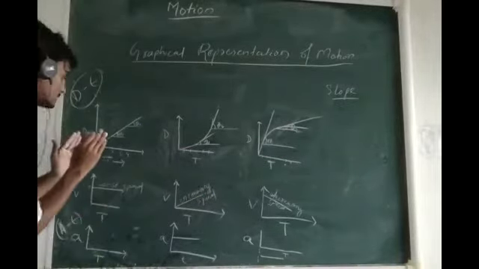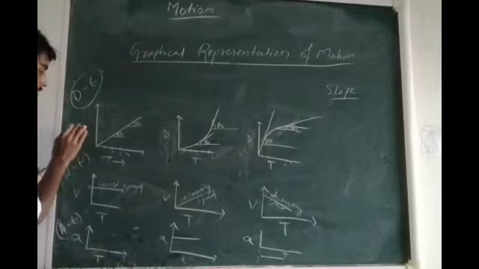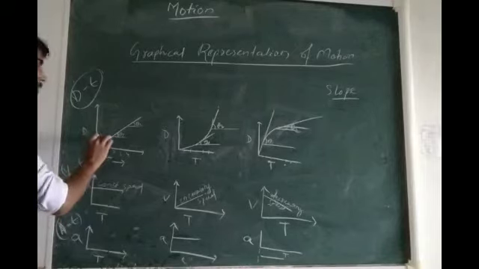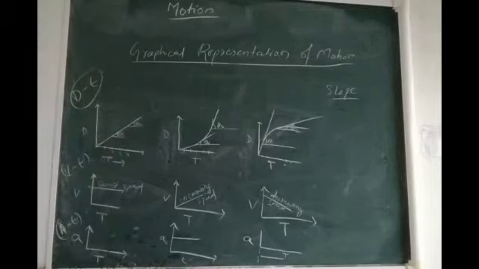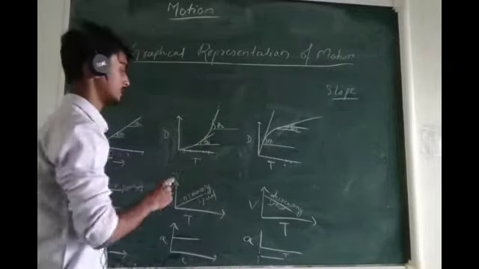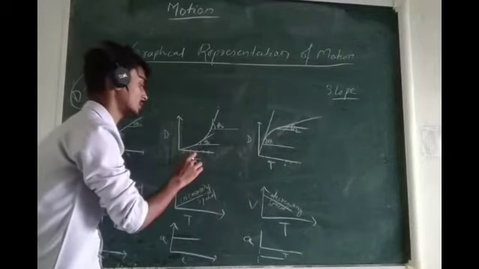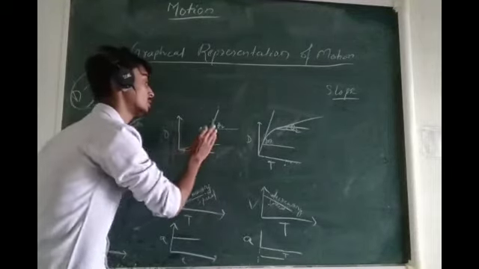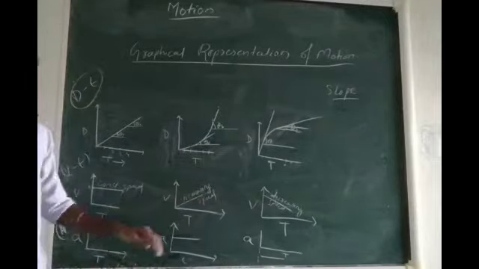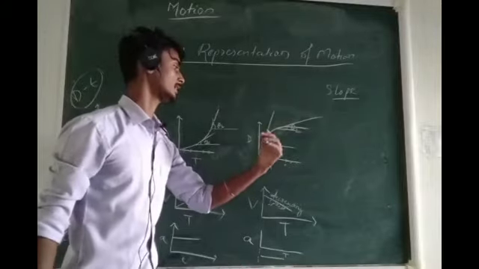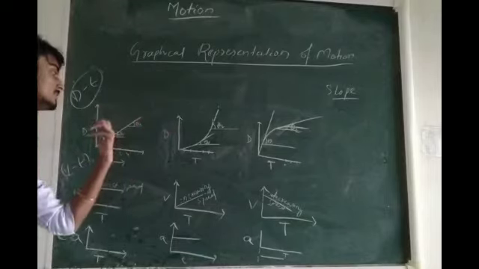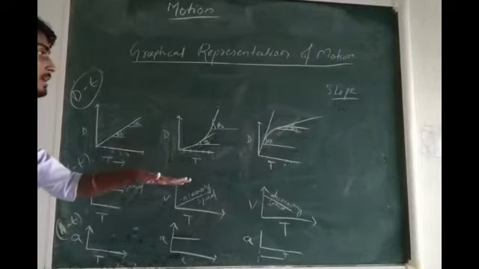If the slope is the same throughout, it just means that the distance covered by the body with respect to time will be the same throughout, or the speed will be uniform. Here, if the slope goes on increasing, it just means that the distance covered by the body with respect to time will be going on increasing. It just means that the speed will be increasing. Similarly, here the speed will be decreasing. Right. So if we mark the slope, or the change in y-axis with respect to x-axis, we can find out this thing.